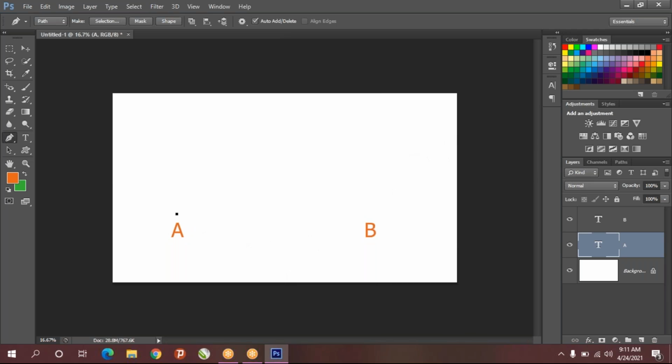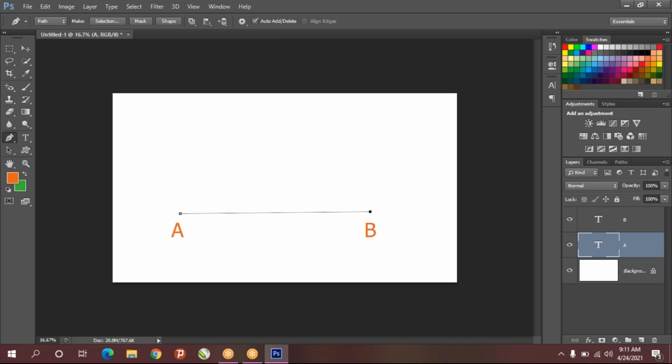I'll undo. So for example, the first point, just click, don't drag it. And for the second point, just move where you want, and till where you want the line, there you have to make the point.